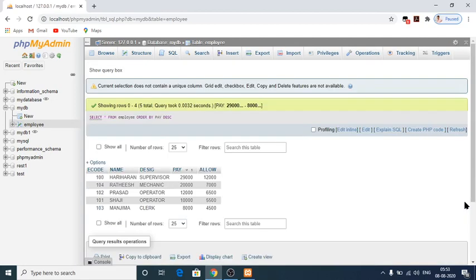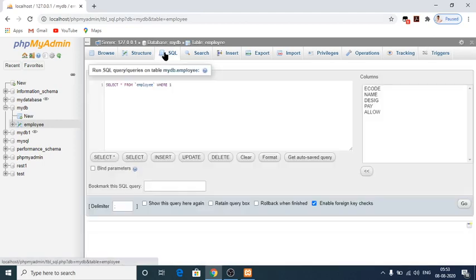Yes, the order has been changed to descending order: 29,000, 20,000, 12,000, 10,000 and 8,000. This is the exact SQL statement to execute that one. Okay, so next, the second question is to display all employees whose allowance is